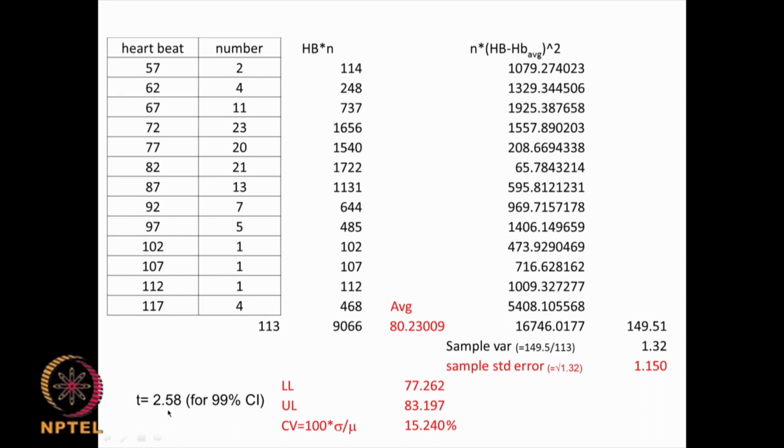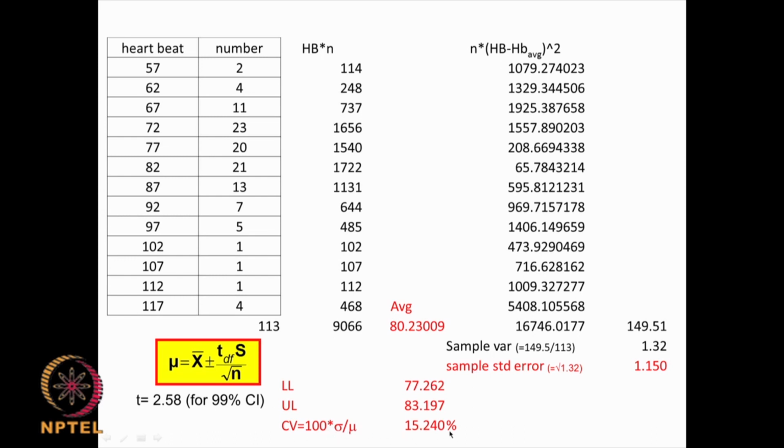So, I multiply by 2.58 because t is given by 2.58, and that is for 112 degrees of freedom for 99%. So, I use that. Now, CV is my coefficient of variation, and the formula is 100 times sigma divided by mu. The mu is 80.2, and sigma is given here, so we multiply by sigma divided by 80.2, and that will